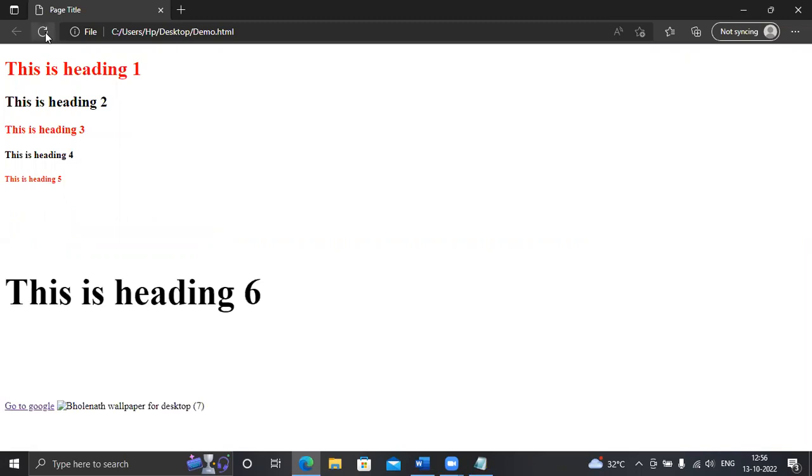Let's see what happens. Look, I used the h6 header tag, but I have made changes to the size of that header 6. Now header 6 has become the biggest size of all the headings. That is how you can change the size of any text, not only headings. You can change the size of a paragraph or anything.